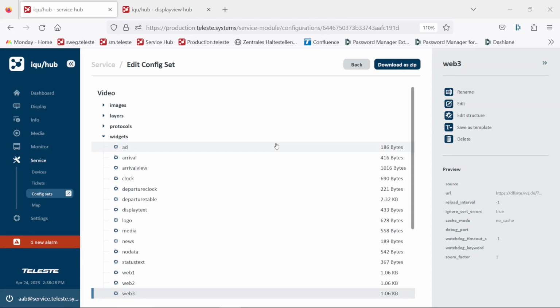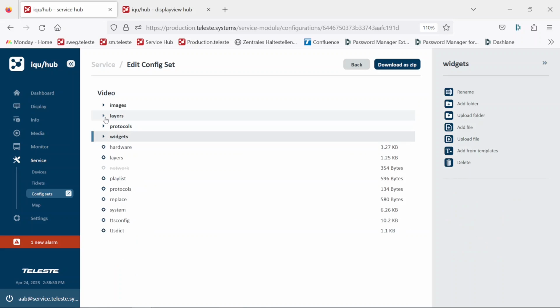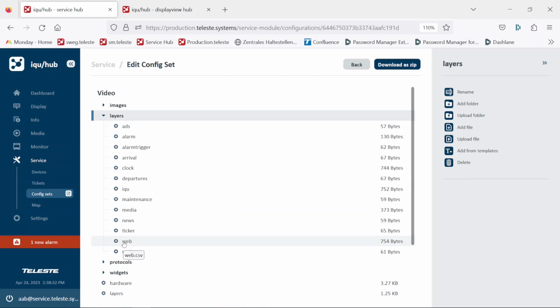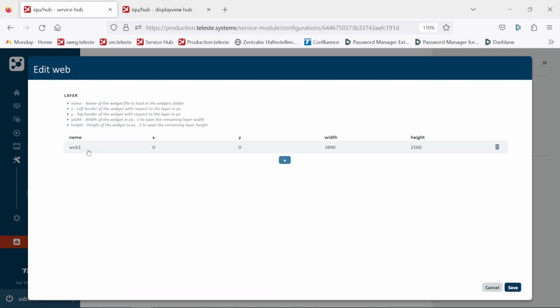The next step is to open up the layers folder. Double click on web and we can see the following information. The web1 widget starts at position x0, y0, has a width of 3840 and 2160 height in pixels. So what we have to do now is copy the name, adjust it,